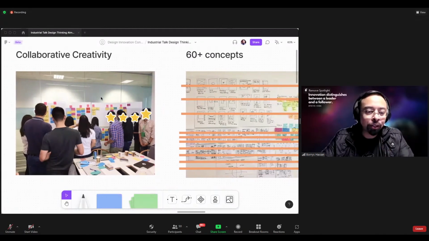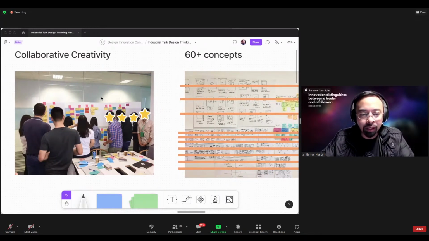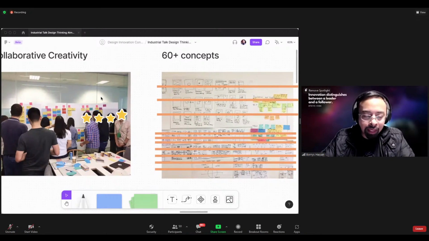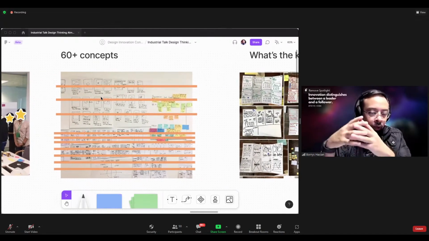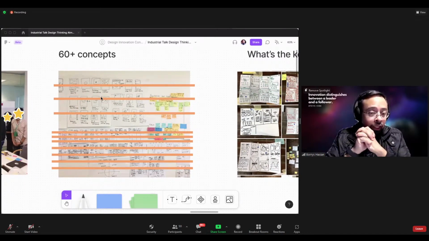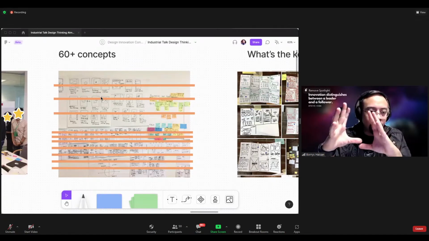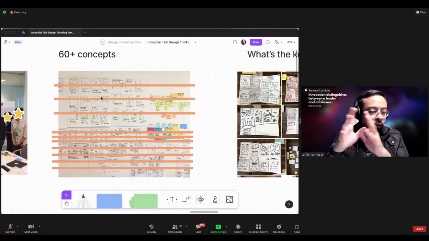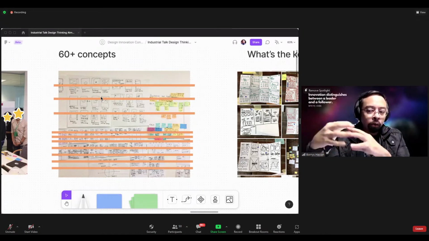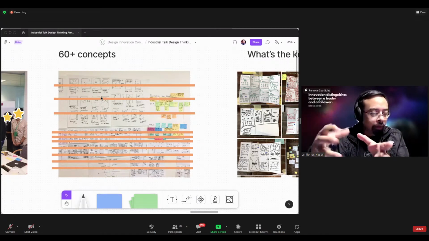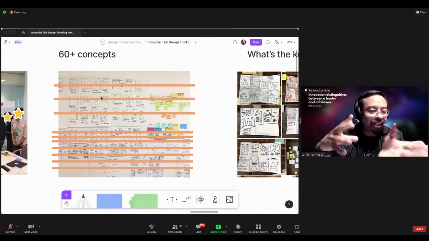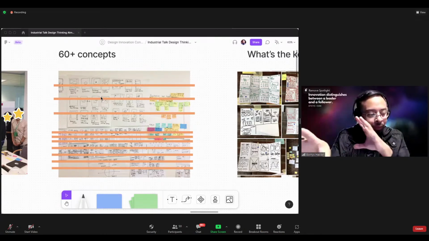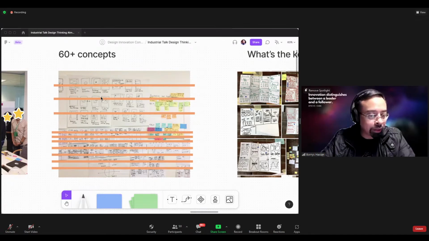For example, I'm sure some of you, if not all of you, have used the food service. When we redesigned in 2017, we didn't just come up with one idea. It's always an evolution. We explored 60 plus concepts. When we say concept here, it's not just one screen where we change the layout. It's a totally different concept. One, for example, focused on health, another asked, what if we make it something like matchmaking, like what Indonesians call perjodohan, right? How do you matchmake people with the same taste, for example? So we explored 60 plus concepts.